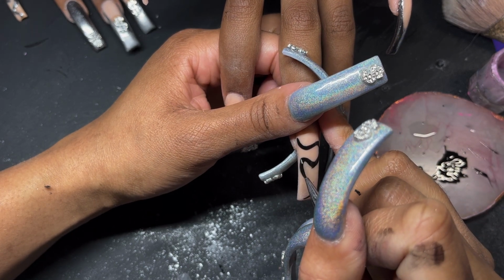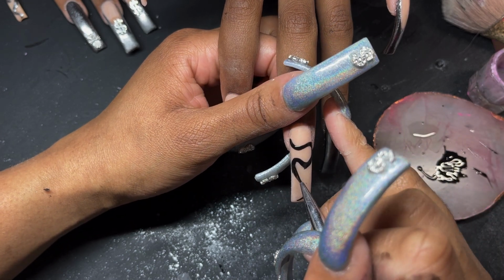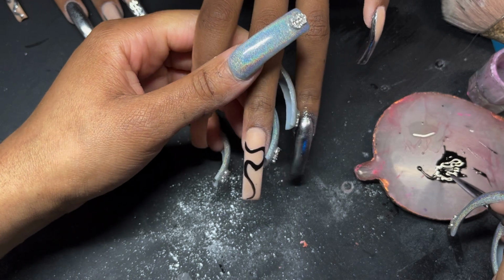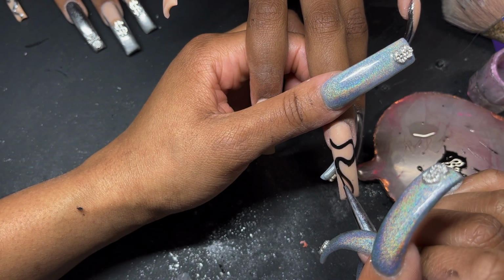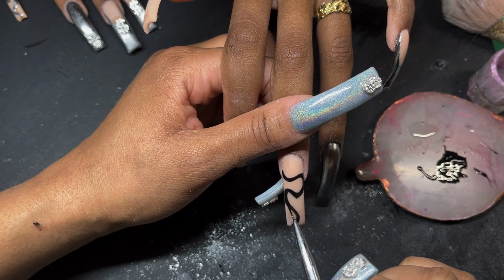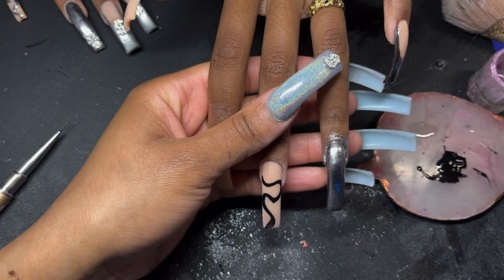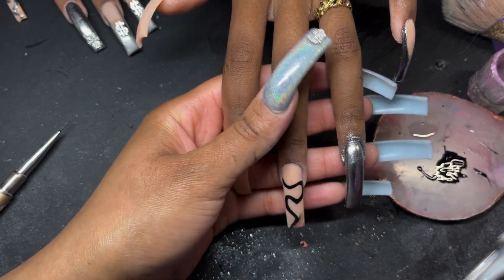When you're doing regular chrome, you can paint it on top of the regular acrylic or just slap the chrome on top of the acrylic color that you want. And the chrome is gonna reflect, like, see how mine underneath is baby blue. I use the multicolored chrome and it does slightly reflect, like, it seems like there's a lighter color underneath. If I would have used black, it would have been chrome differently. I'm using solid silver chrome on her, and that's the most silver chrome. That's what you're seeing people do nowadays. So